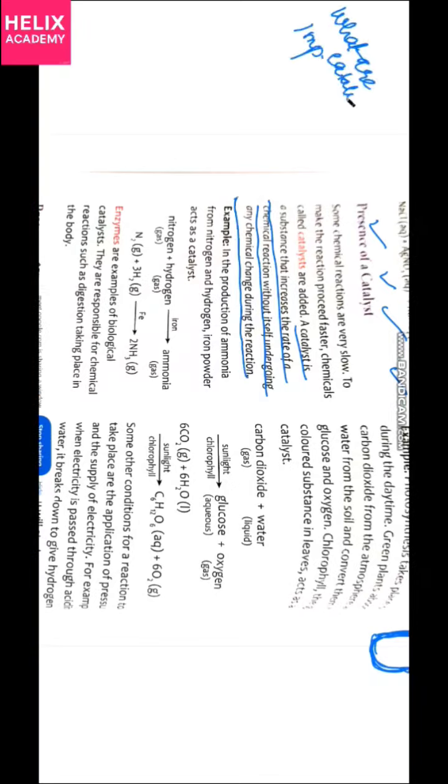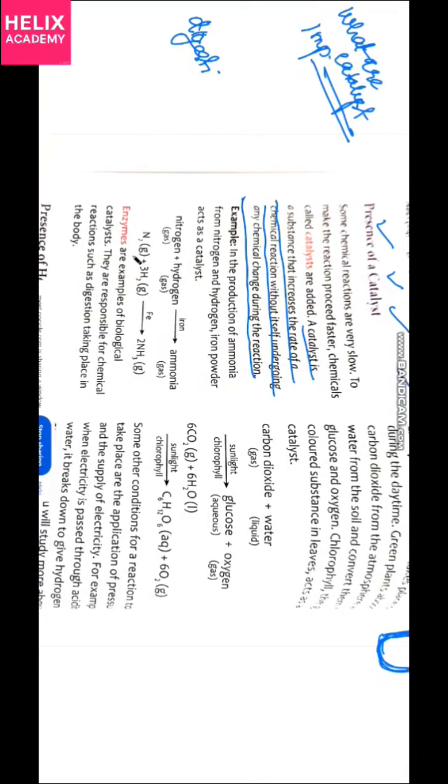What are catalysts? So be very careful, and then you have to put one example: nitrogen plus hydrogen forming ammonia, but you will use iron as a catalyst. Even in our body, digestion in the human body or any animal is also a series of chemical reactions, and the catalysts are the enzymes. When biologically we talk about catalysts, we call them enzymes. So you may have heard about pepsin, trypsin. These are the enzymes, beta. Yes, when we talk about biological terms.